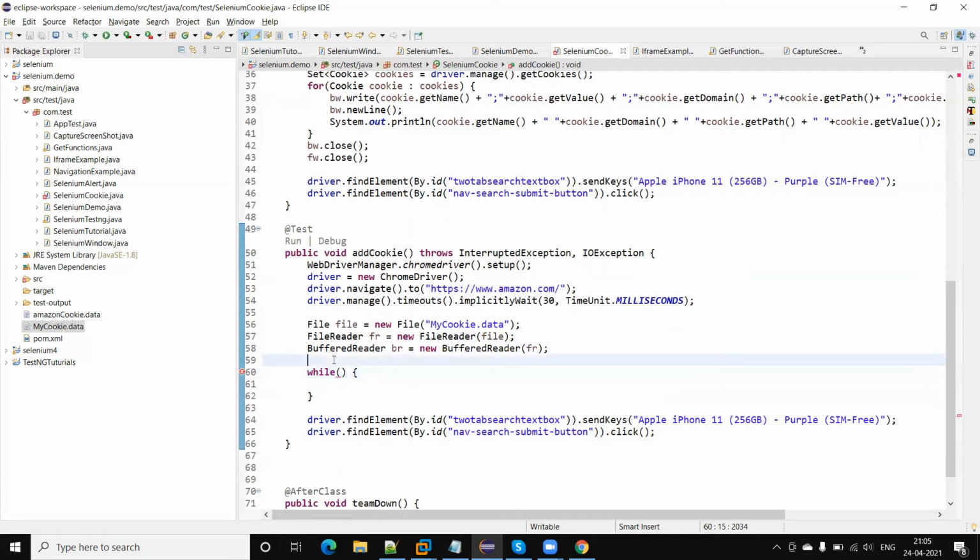For that I am going to create one string variable, this will be line.